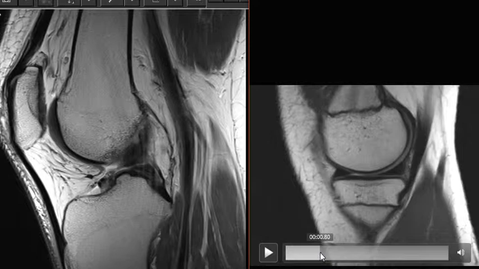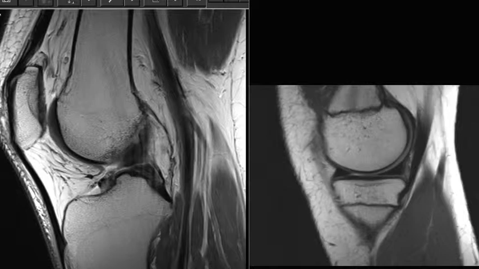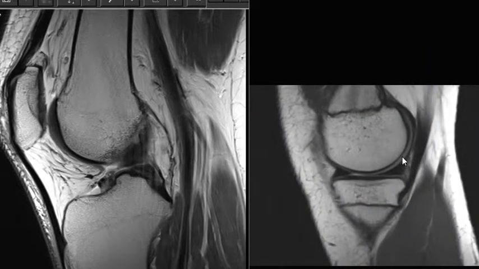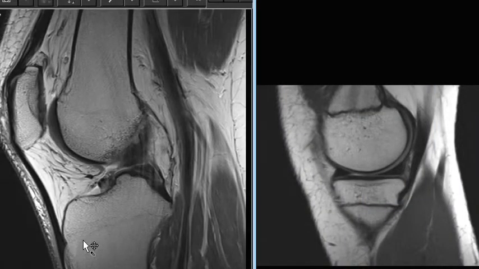If you look back at the normal videos that you're given, there's this black triangular structure which is called a meniscus in the knee, and this is on the part of the knee that we call the medial side, which means that from your right knee that we're looking at, the medial side means the inner part, like this side. And if you look at that black triangle on the normal knee, now let's look at your knee, and